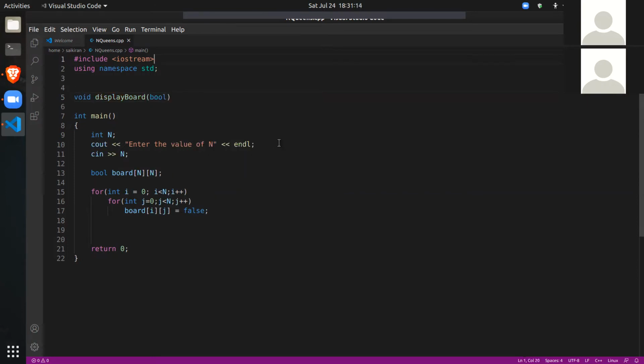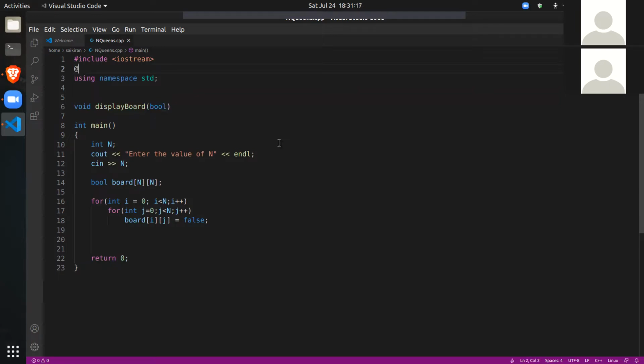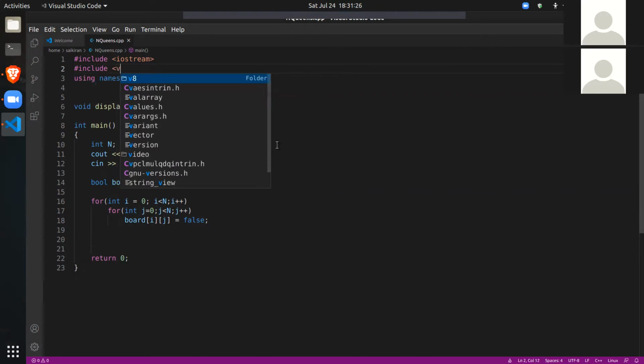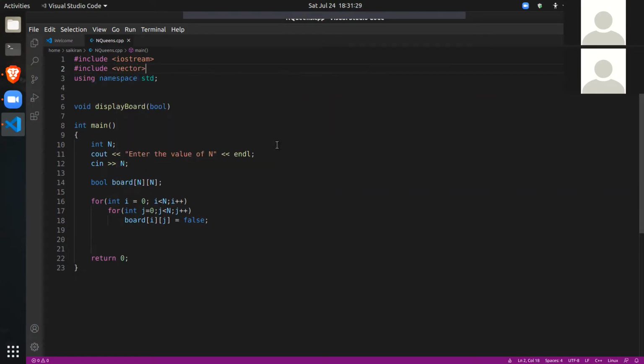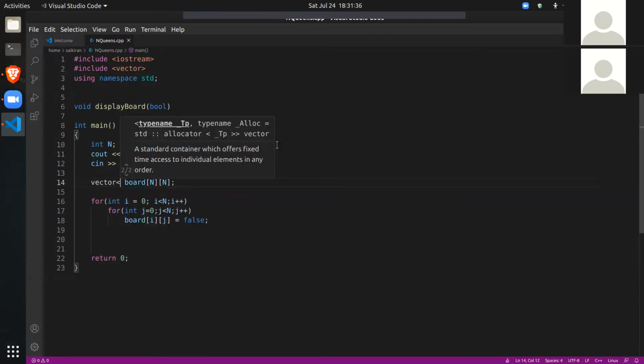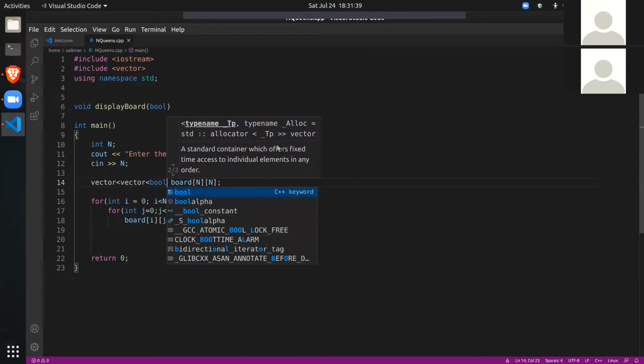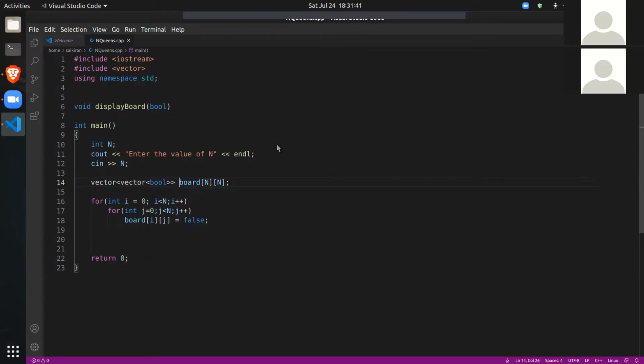You know what, let's just use vectors instead of 2D matrices. We can use a vector of vectors. It will be a vector of bools. So I'll just change the code a little bit.